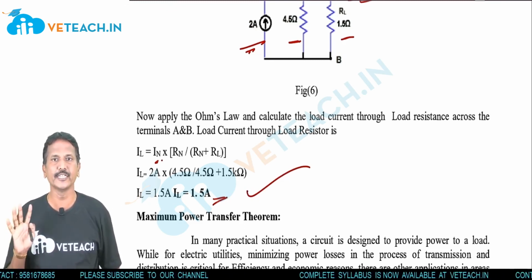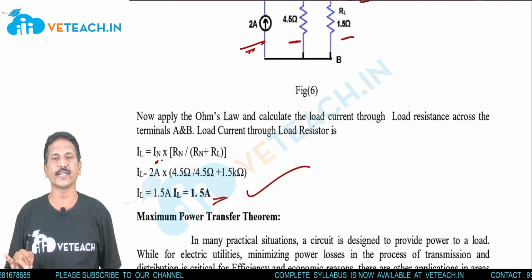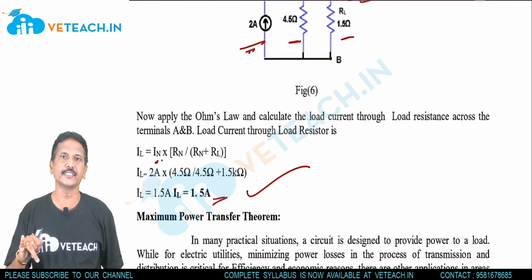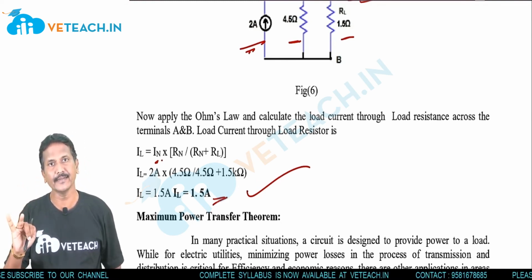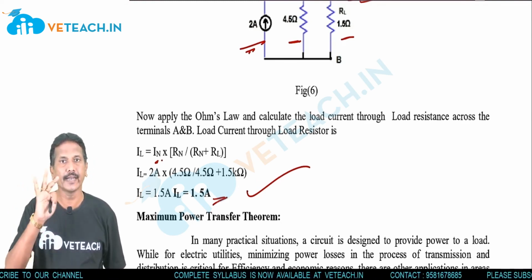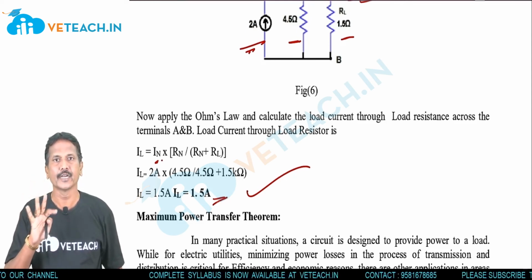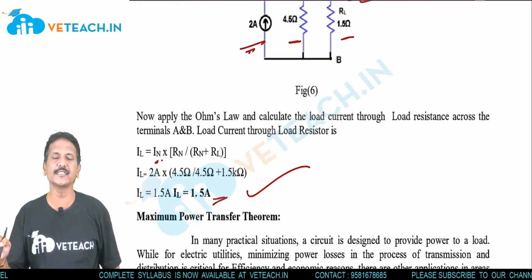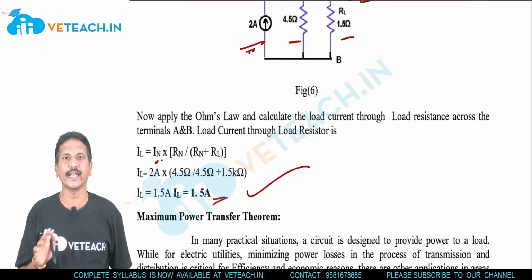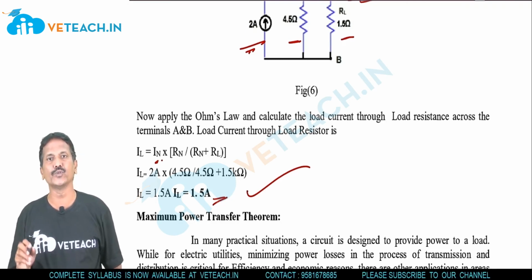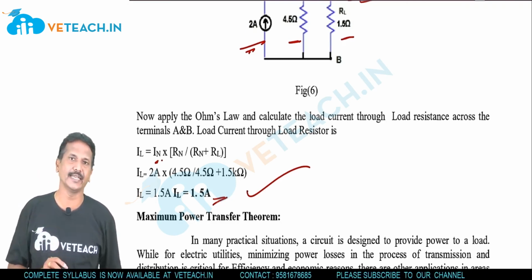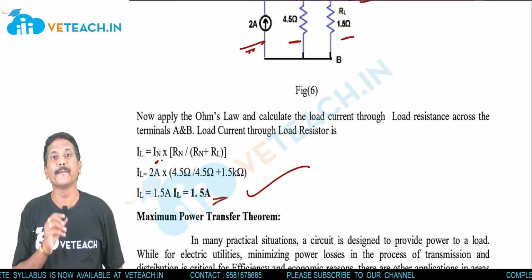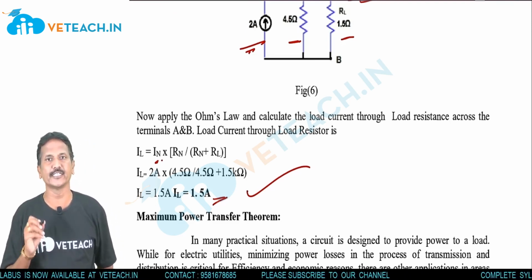In Norton's theorem, there are 4 things that we have to find. What are they? One is to find Norton's current when shorting the load resistance, right? Then to find the RN, shorting the voltage sources. Then draw the equivalent circuit diagram: the current source in parallel with the resistance across the load resistance. And to find the load current, IL is equal to IN into RN by RN plus RL. The unit is amps or milliamps. So this is the basic concept of Norton's theorem.